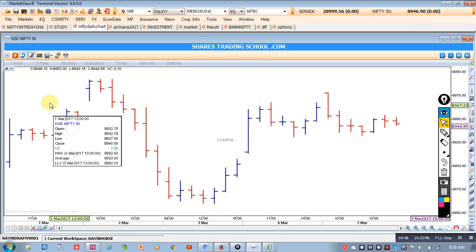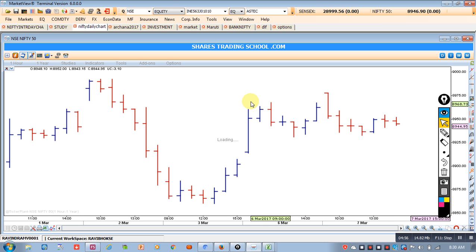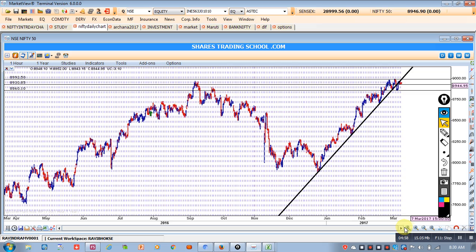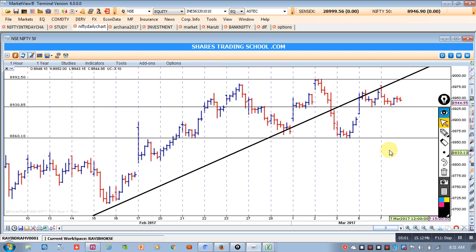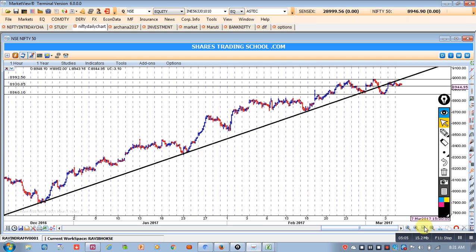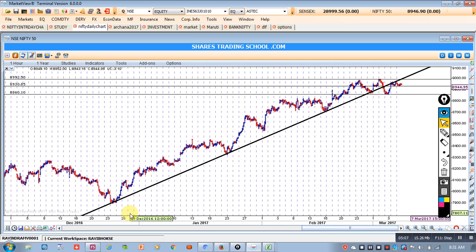By the time it downloads, yeah, just downloaded. Now let's see, 8,860. Now if you see once again the intradays, this trend line is quite clear, very settled and very specific. Now this pullback,